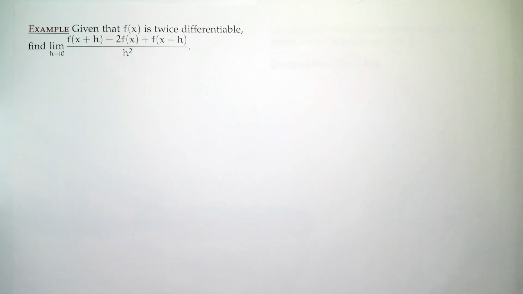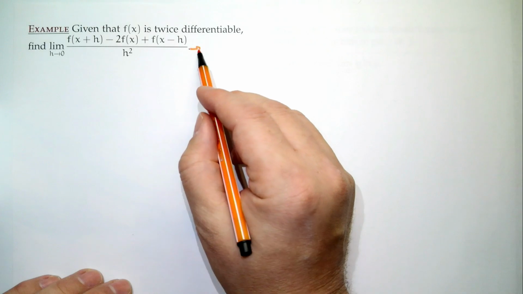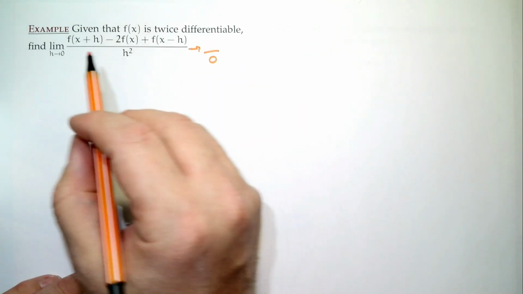Suppose we're given that f of x is twice differentiable, which means I can take 2 derivatives. I want to find the limit as h goes to 0 of f of x plus h minus 2 times f of x plus f of x minus h, all over h squared. Okay, well, let's plug in 0. If we plug in 0, what do we get downstairs? We'll start with that one. That one's easy to spot. We get 0. Upstairs, we'll get,